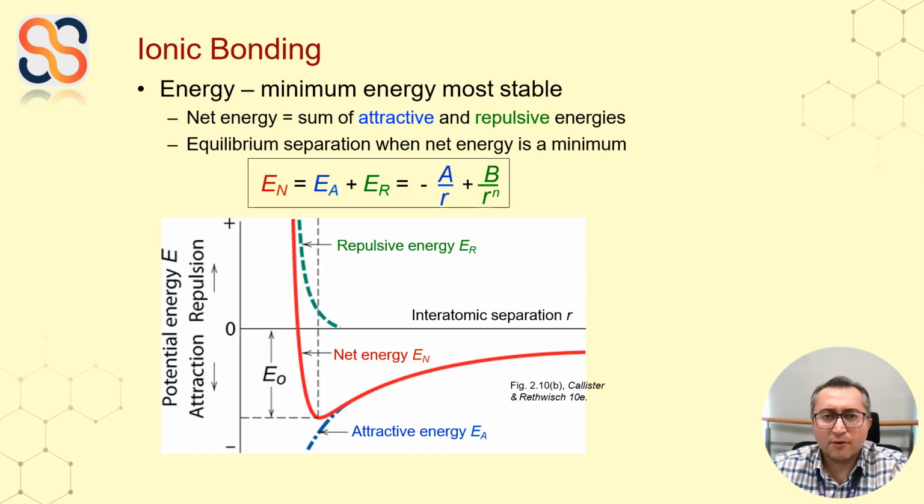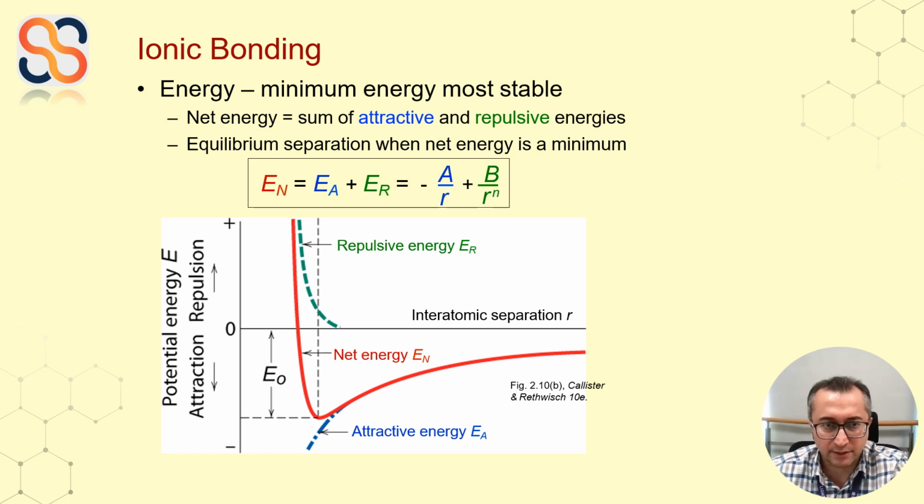Well, let's focus deeper on the concept of ionic bonding by discussing the energy aspects involved in the formation of ionic compounds. When we talk about ionic bonding, we need to consider the energy involved. The most stable ionic structure is achieved at a state of minimum energy. This is when the net energy of the system is at its lowest point, balancing the attractive and repulsive forces